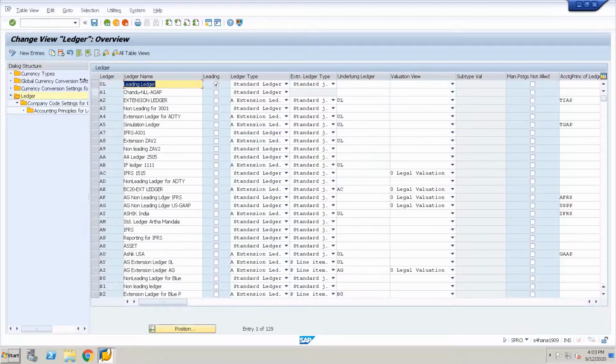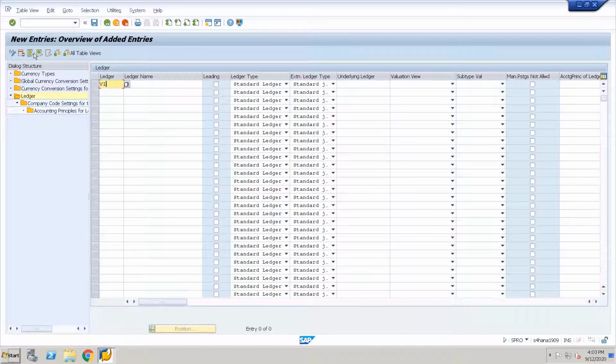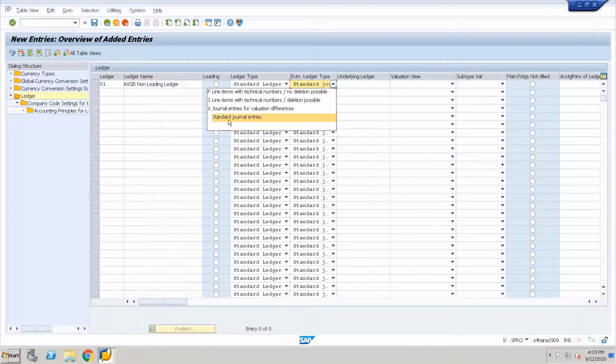Before this, we have checked what is available. So I will define it as a non-leading ledger. We discussed that leading and non-leading ledgers are types of standard ledgers. These standard ledgers post values onto the ACDOCA table, and these are used for various parallel accounting purposes. As this is a non-leading ledger, it's a type of standard ledger, and here we say it is for standard journal entries.